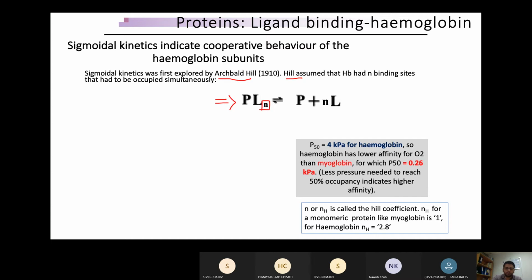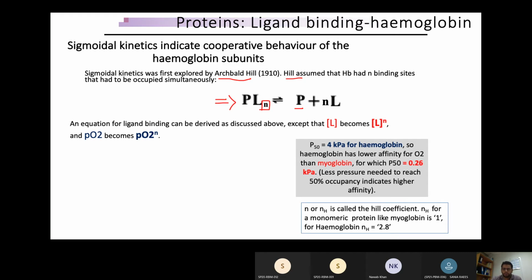So ligand bound protein equal will give you protein plus ligand molecules times the number of active sites. जितनी active sites होगी उतने times आपके पास ligand molecule मौजूद होंगे. ठीक है, ये आपके पास इस इक्वेशन से नजर आता है. This form of the equation is called the Hill equation. You could replace ligand with PO2 as we have discussed in our previous slide जहां पर आपने इसको replace किया. So you could write the equation now like this.